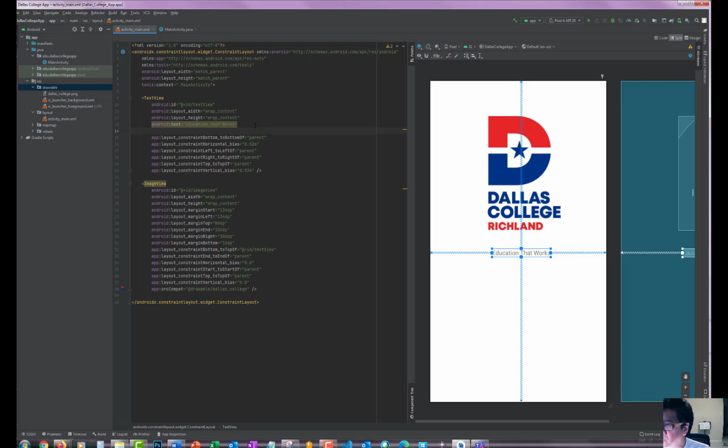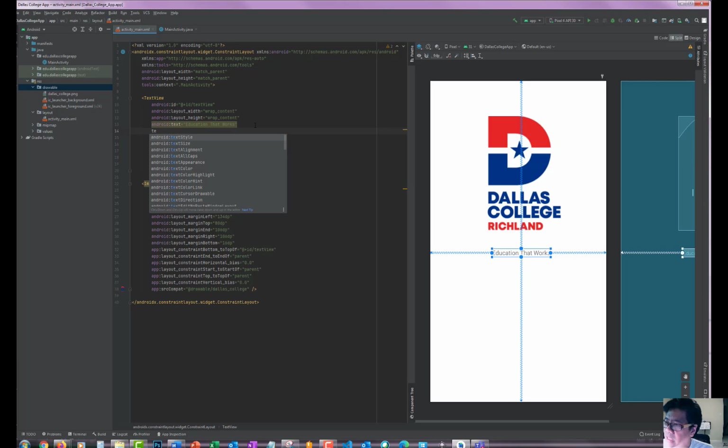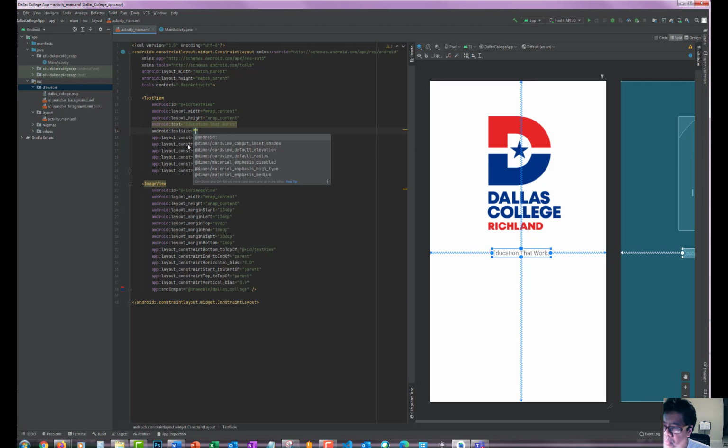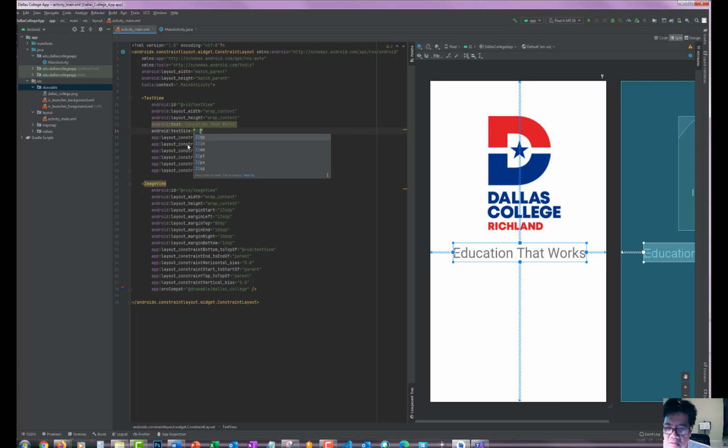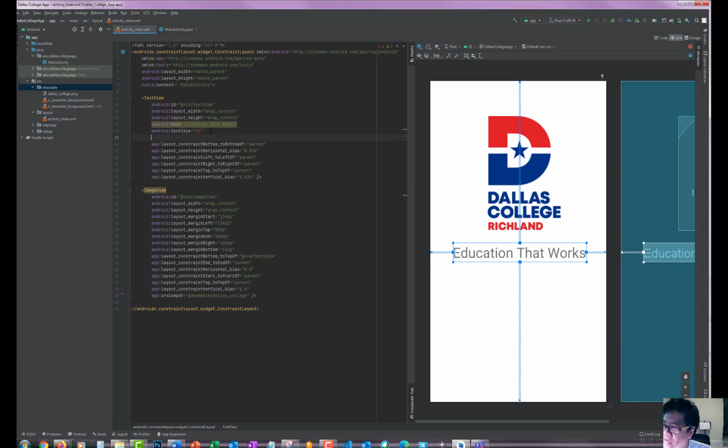And then we're going to do text, and you notice what's called the IntelliSense drops down and does this for you, and you can pick text size, okay, and click on it, and you put in the size that you want this to be. So I want to do 32. See what it looks like, okay? So that looks kind of big compared to the logo, but however, if that suits your horn, that's fine. And if you place your cursor to the right of that quotation, hit enter again for me,